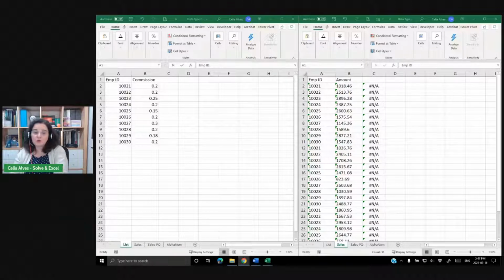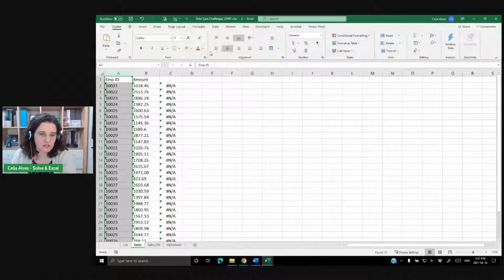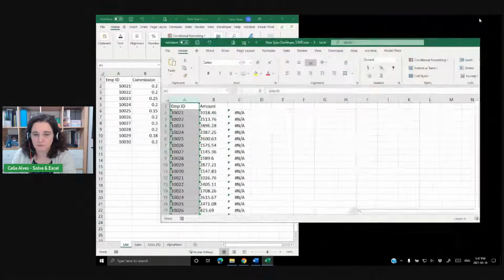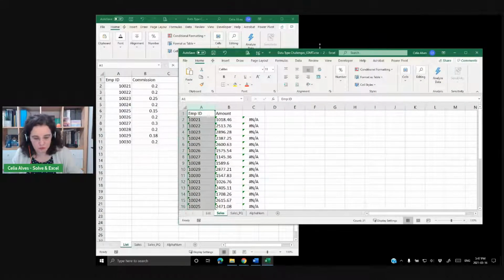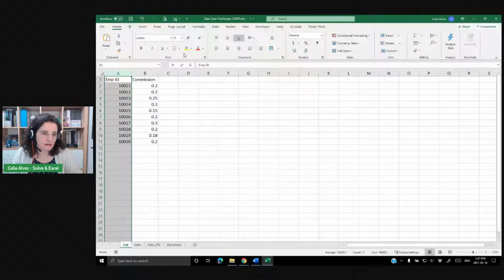Exactly. So those of you who have a little bit more experience and have gone through these types of challenges, you already know. If I click here in column A and I check the alignment, I don't have any particular alignment set up for this column. And if I do that in that other window, also, I don't have any particular alignment format there. So what's happening is that